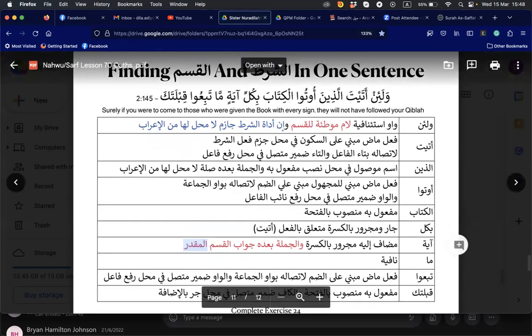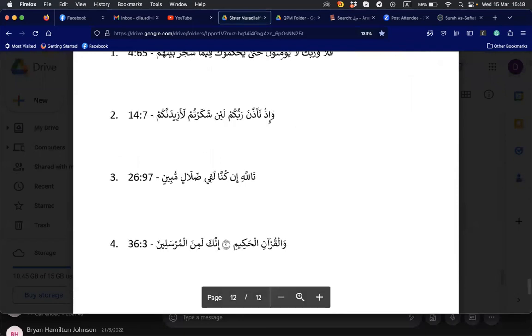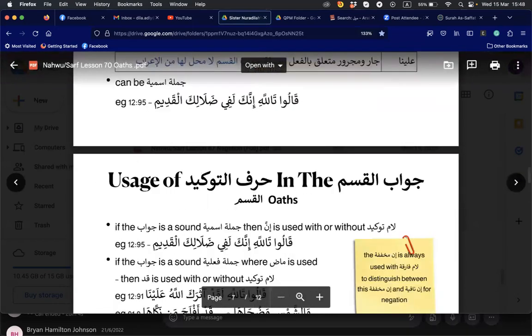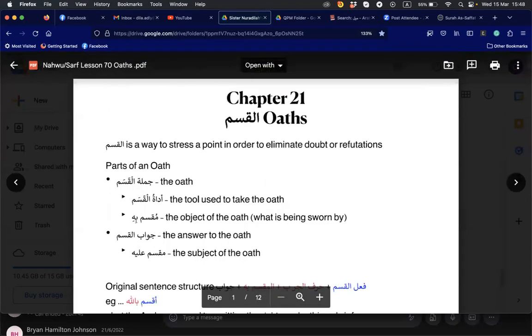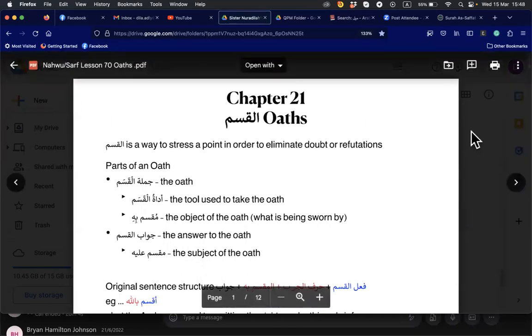So yes, we actually finish oaths. I'm going to see the next ayah. How long is it? If I think we can finish it in next week's lesson, then we will do it next week. If not, maybe we take an early break for our class. We'll see, inshallah, I'll come back to you on that.